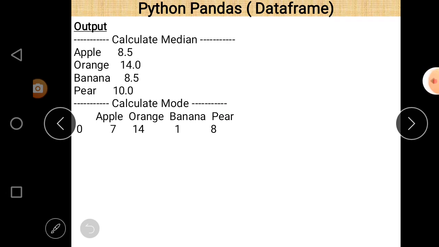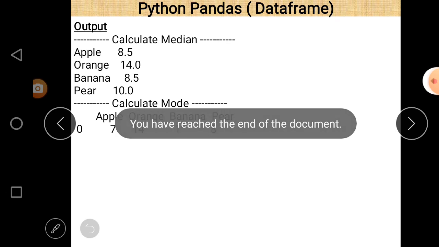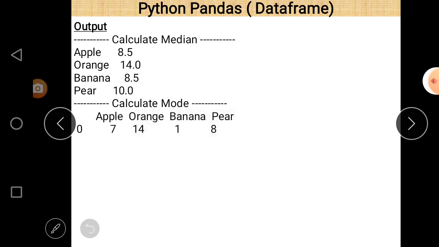So it is very simple to find the mean, median, mode of a particular data frame. Just use the functions mean, median, mode, and before this write the name of the data frame, which in this case is df. After that put the dot operator, and after that use the median or mode function. So the calculation is column wise, and we can get mean, median and mode. These are the basic operations performed over a data frame.